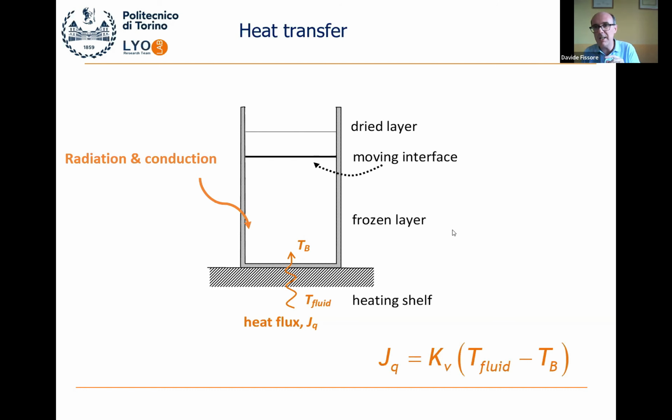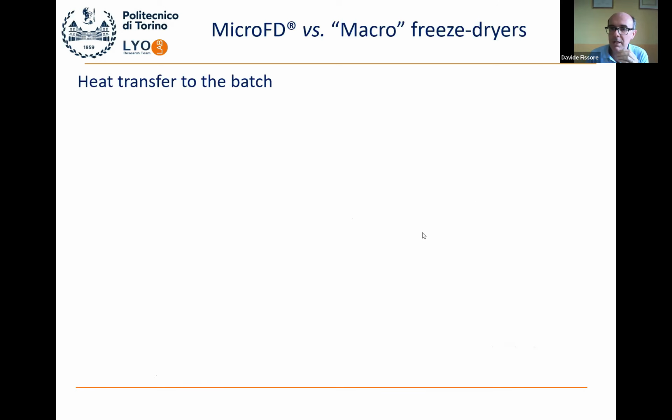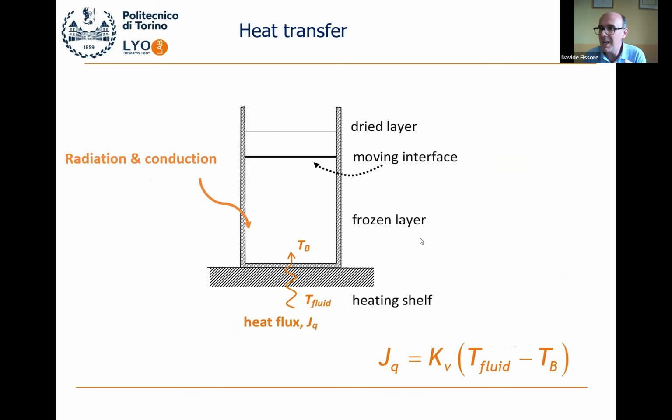So usually people, instead of using this kind of representation, clearly expressing the heat flow rate, usually people in the freeze-drying domain talk about KV. They are exactly the same because KV is multiplied by this difference. T fluid is usually known. Tb may be measured quite easily. And so from KV, you may get the value of the heat flux. But it is important because we will talk about KV in the different units, MicroFD and the larger scale